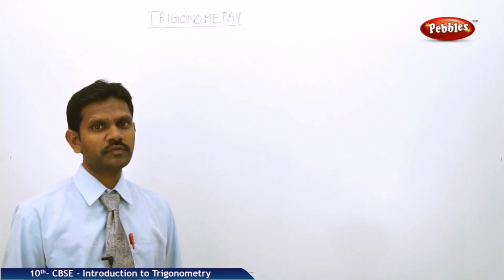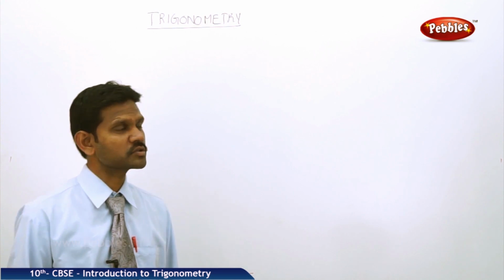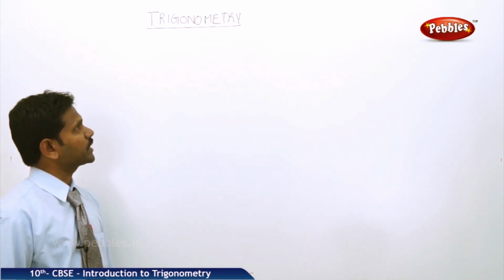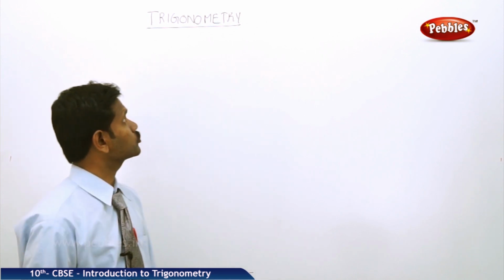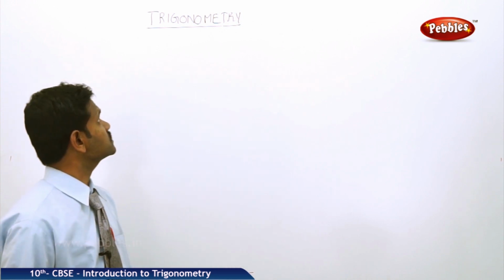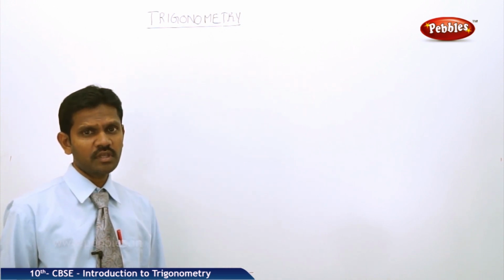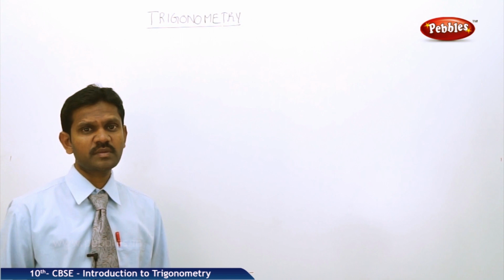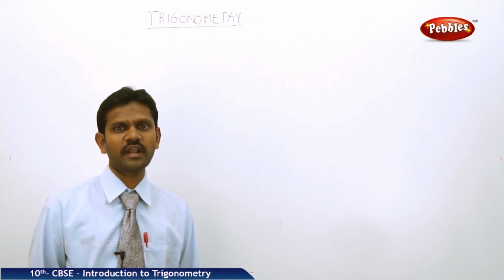Today we are discussing one of the important chapters of class 10, trigonometry, which is a future-related chapter in your upcoming higher classes, that is, intermediate. Trigonometry is a word divided into two parts: trigono and metron. Trigono means three, metry means measure. That is, a measure of the three angles in a triangle.